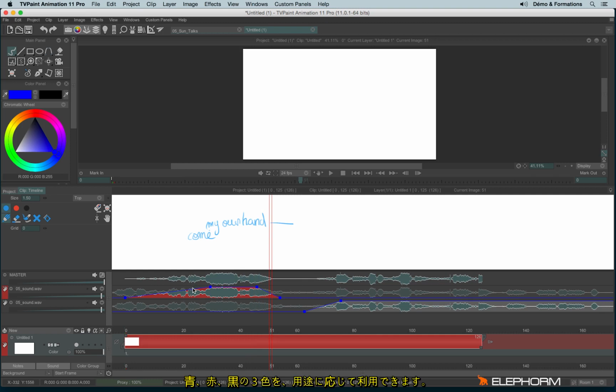You have three colors available. You have a blue, a red, and a black, so you are free to use each color for your own use. So for example, you can use blue for the text, red for the retext. I know it's not however, but... And the black, for example, for the information like